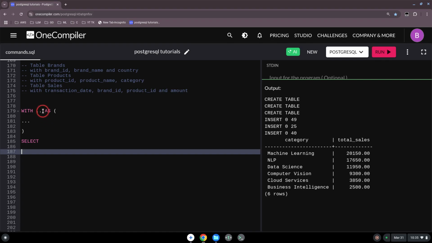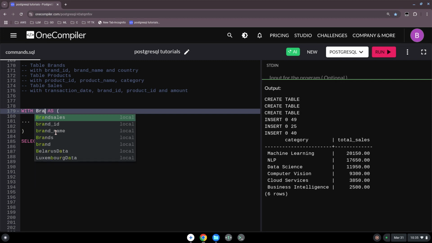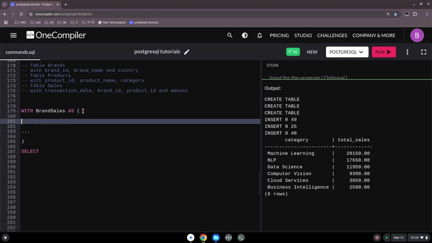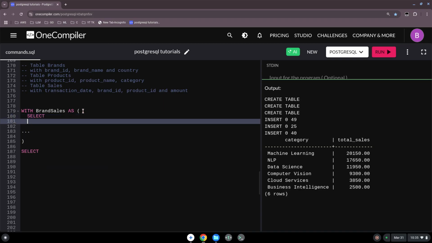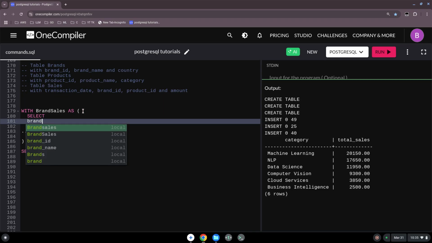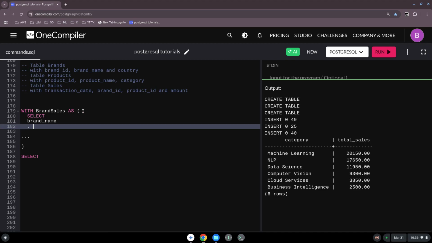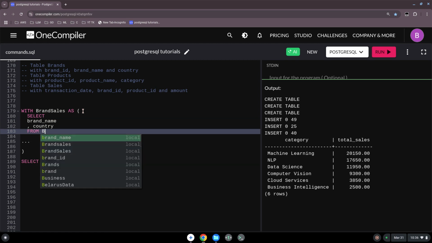Okay, so what we could do is, we will open our WITH clause with something like we want to have some brand sales as, and then parentheses open, and then we say select, and we select the brand name, and we select the country from brands table,